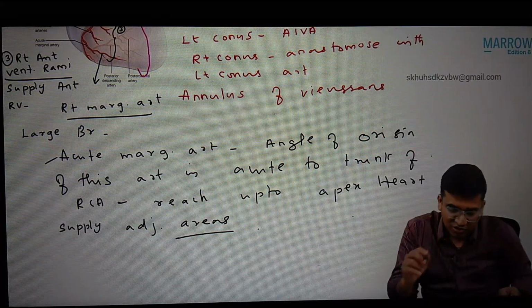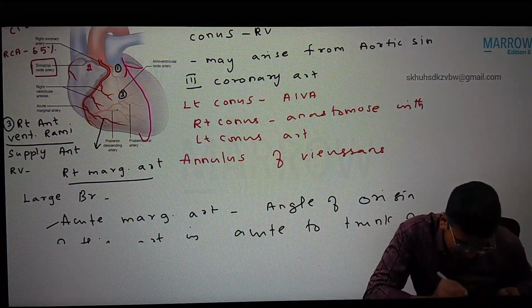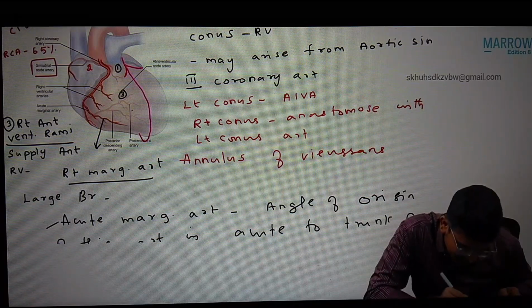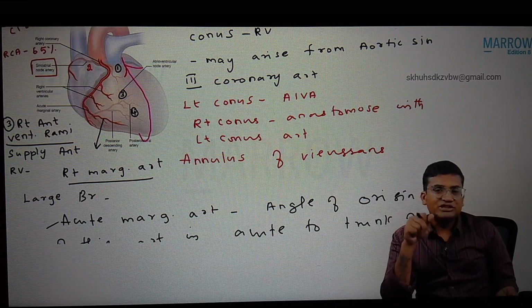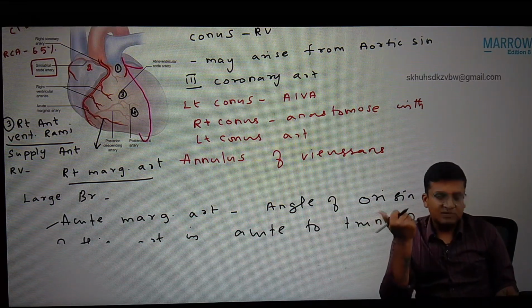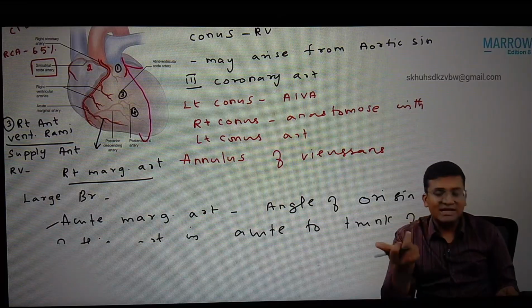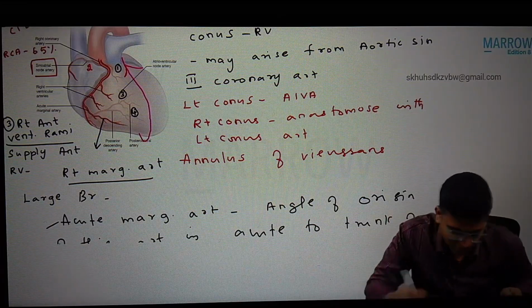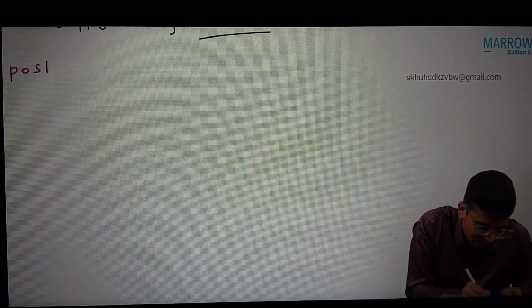Now, one last branch of the right coronary. See the diagram. I'm talking about this artery. This artery is descending in the posterior interventricular groove. The artery is called the posterior interventricular artery or posterior descending artery. Both are the same. So please write posterior